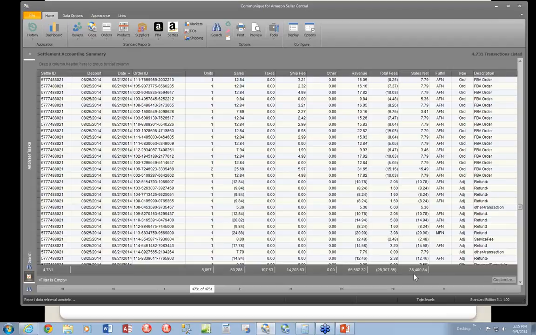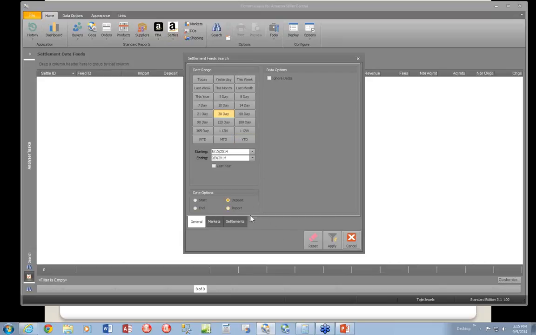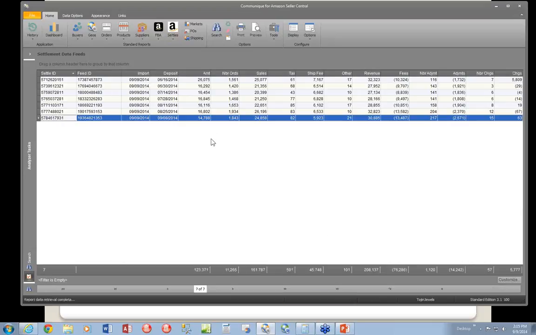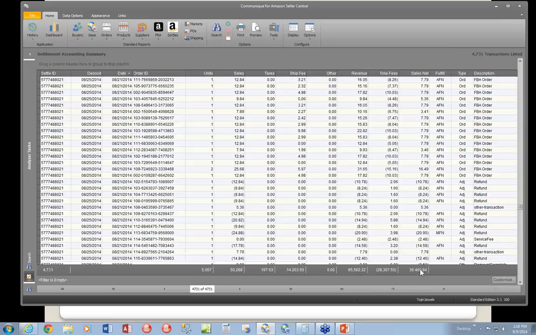So this number down here at the bottom, $36,400.84, is actually the deposit amount. So we should be able to come back over here and look at our settlement feeds and see that deposit import value. Oh, you know what? If we filter by the settlement itself, it should match. I probably should have said it the other way. When you look at that number right there, it probably won't match the deposit amount of any particular settlement, because several different settlements likely comprise the results of that particular report. It's actually the opposite. So this right here comprises all the transactions that settled in August, which if we look